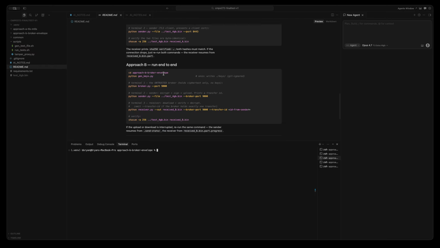And so for approach B, we need to move over to the correct directory once again, generate the keys, and start up this broker. And to ensure this runs, we need to use a port that's not being used. So I'll use 9002, and I will start the sender in another terminal and ensure that the correct port is being used,